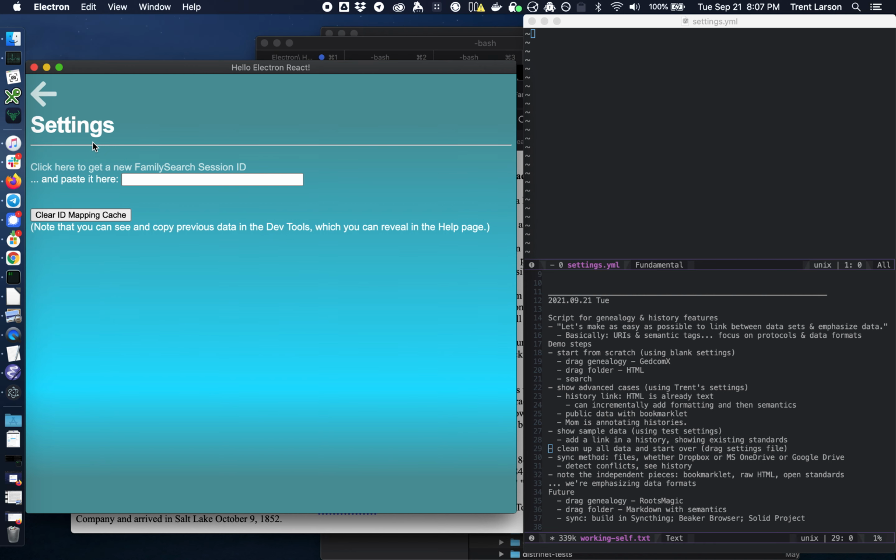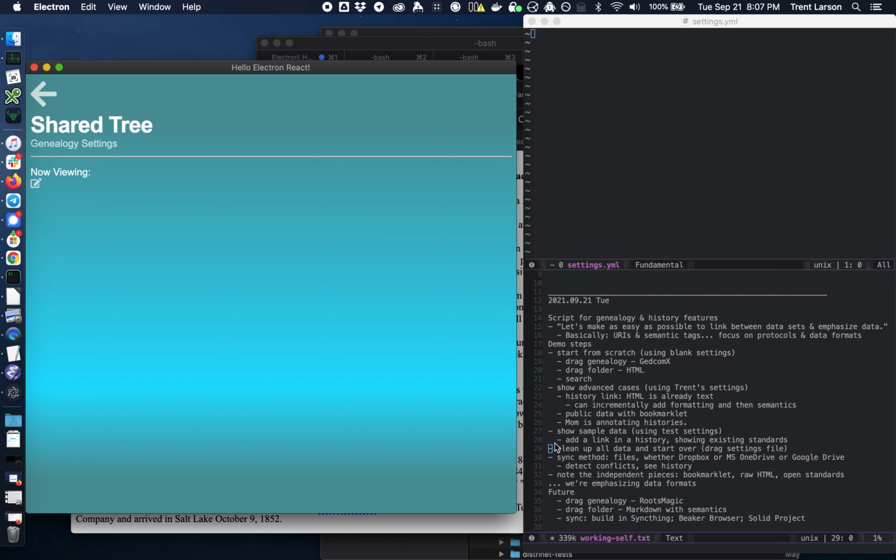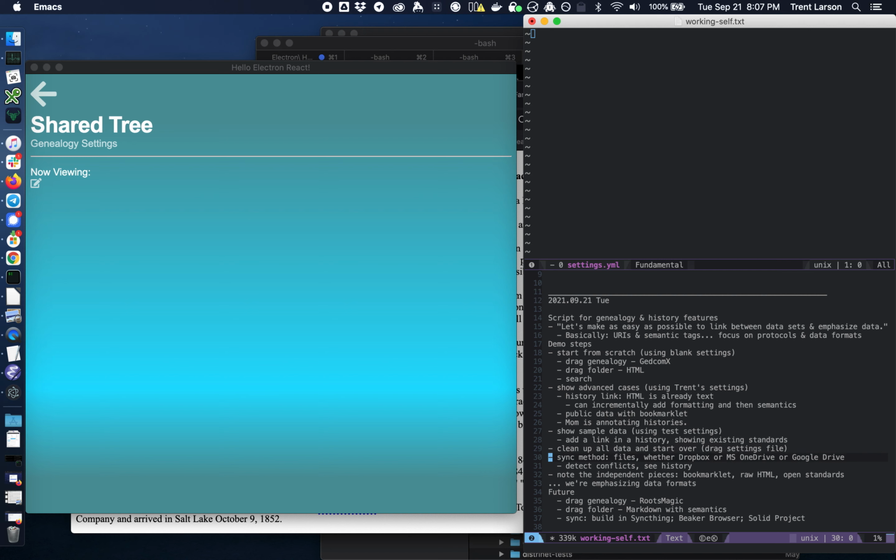There's one more setting under here that you have to do to clear the cache, because it's caching all of the IDs for a particular person that may be duplicated in different data sets, so that you can see when there's multiple copies around that you might want to jump back and forth to. So if you're on a public data set, such as FamilySearch, it'll remember that, oh, I have a local copy of that as well. So these are synced